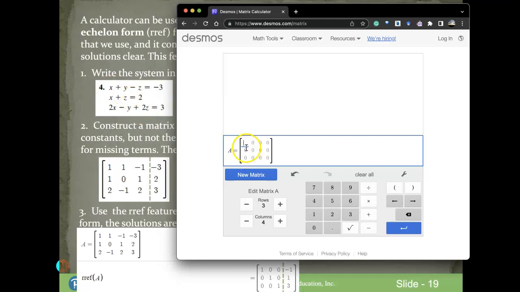I'm writing the coefficients for the first equation here, and I can press the tab key to move from one cell, or element, technically is what we call it for matrices, to the next. And that very last element of the matrix should be the constant. I can continue to press tab and I can get down to the next row. Notice that the 0 means that there is no y term. And then the last row